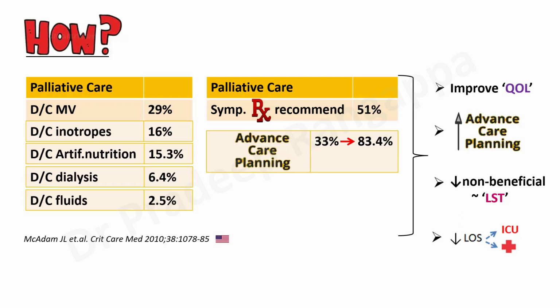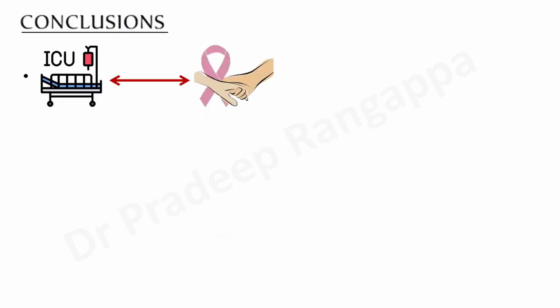So these are some of the situations which any intensivist would be dealing with day in and day out, where our intent should not be to unnecessarily prolong the suffering and distress, where we clearly know that the outcome is going to be abysmal. So this is the science of palliative care. To conclude, the ICU care that every intensivist is currently doing and palliative care are not hugely different. Fundamentally, the components of care are very similar.